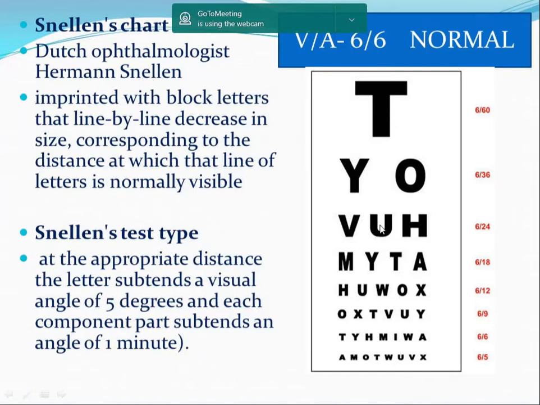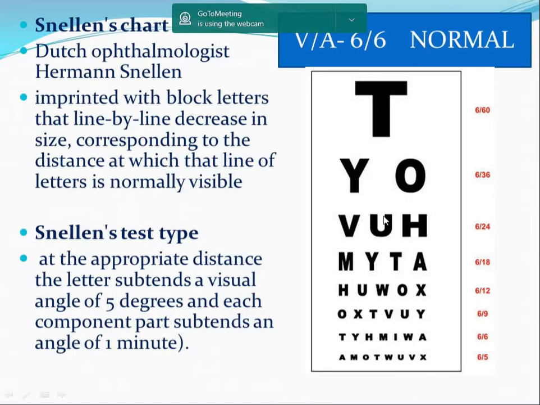Just have a look at the letters that are there on the Snellen's chart, and can you find out one particular speciality in the letters that have been chosen? Anyone? The mirror images are same as the original, ma'am? Yes, exactly. Letters like S, B and all are not chosen because in the mirror they will appear reversed. So these are the letters which are chosen, and they are all block letters, arranged in such a way that they decrease in size line by line.